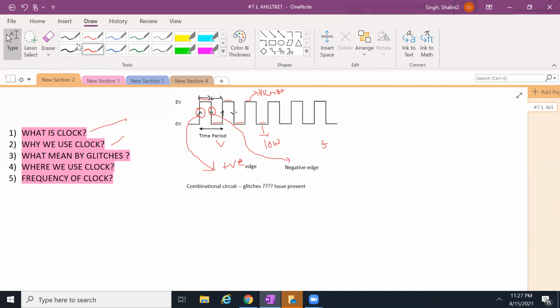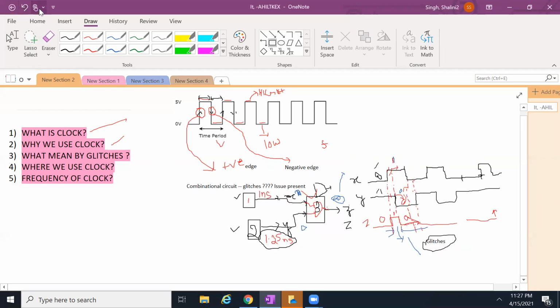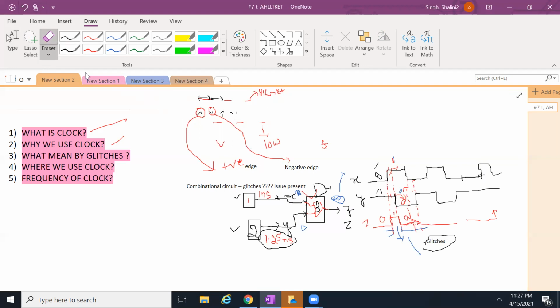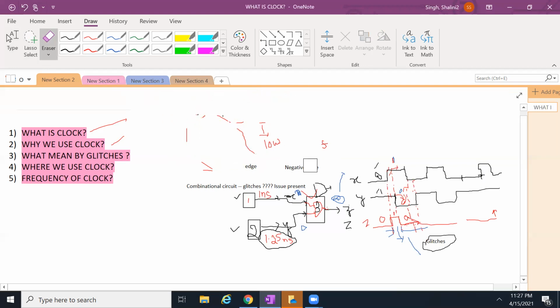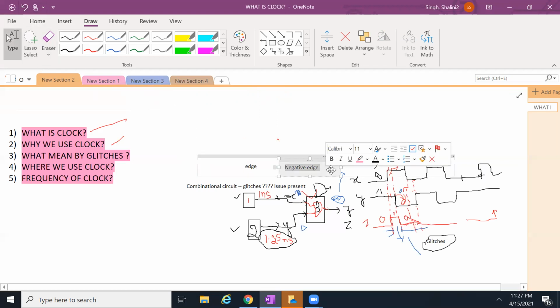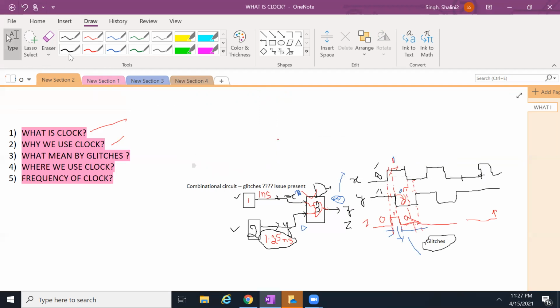Okay. So how can we avoid the glitches? Otherwise we can do one thing. We can remove the first diagram, all these things. So we can discuss here. Okay. So now